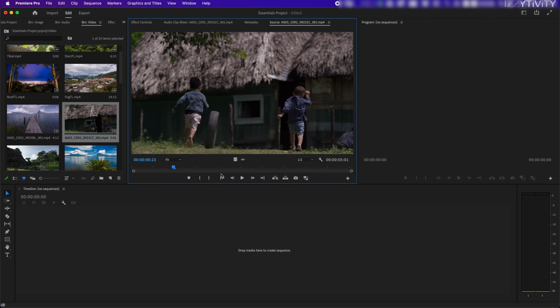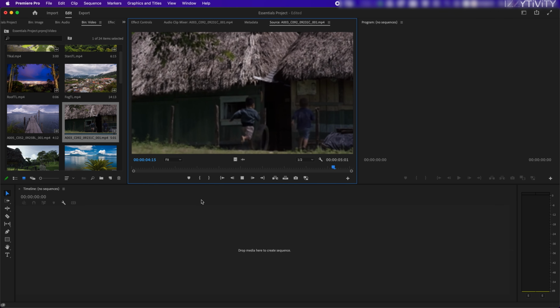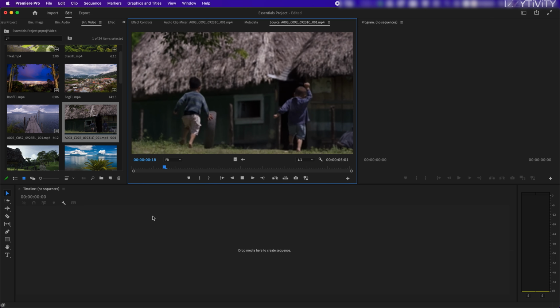And the next thing would be that you can also click play and stop, this little button here. So these are the shuttle buttons where you can play, go backwards, go one frame forward, one frame backwards. So let's just play. On your keyboard, you can just hit space bar for a quick preview. Space bar, and then boom, it plays for you. And it stops. So you can go back again and let it play again. Space bar